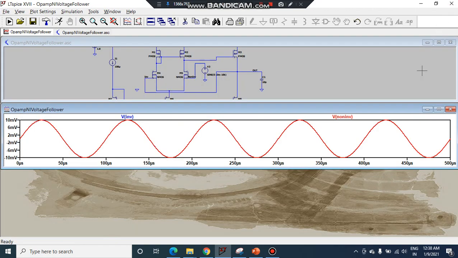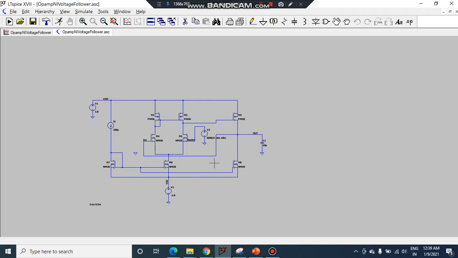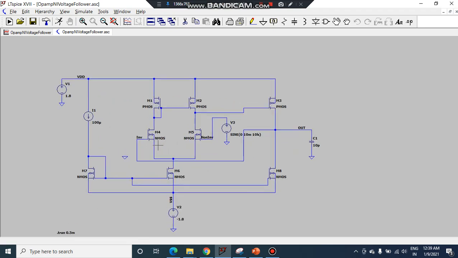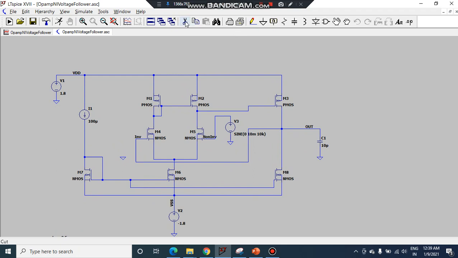Now let us see what happens if I just simply cut off this feedback path and I connect inverting terminal to ground. So what I do is select this scissor symbol and I cut out this connection. So now there is no feedback. There is no feedback from output to input. Hence, this is an open loop